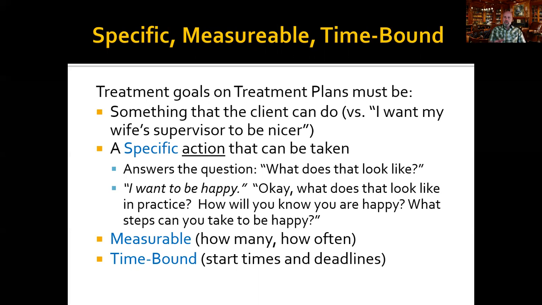The measurable part of an action always identifies how many or how often you're doing whatever that action is. So in this example, if Dad's decided that he needs to start running again to deal with his stress, presumably he's not going to be running 7 days a week, 24 hours a day. So part of writing a treatment goal is to figure that out. Okay, so sounds like you want to start running. How often do you want to commit to doing that? Well, I think I'd like to run every day. Okay, is that realistic? What if something comes up and it's Sunday and you go to church and you don't have the opportunity to run? Are you sure you want to do 7 days a week? No, you're right. I think I want to make a commitment to 5 days a week. I'm going to run.